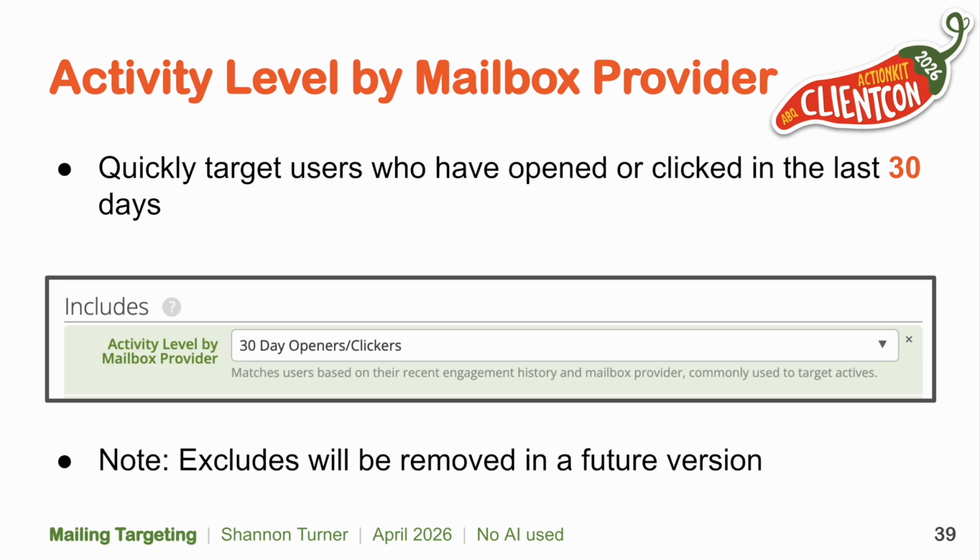Activity level by mailbox provider allows you to target users who have opened or clicked within a certain time frame. And we offer sensible options like 30-day openers and clickers and 90-day openers and clickers. You can customize the timeframes as you like, and you can even do it by mailbox provider. So for example, maybe Microsoft is being very strict, so you target 30-day openers and clickers at Microsoft, but